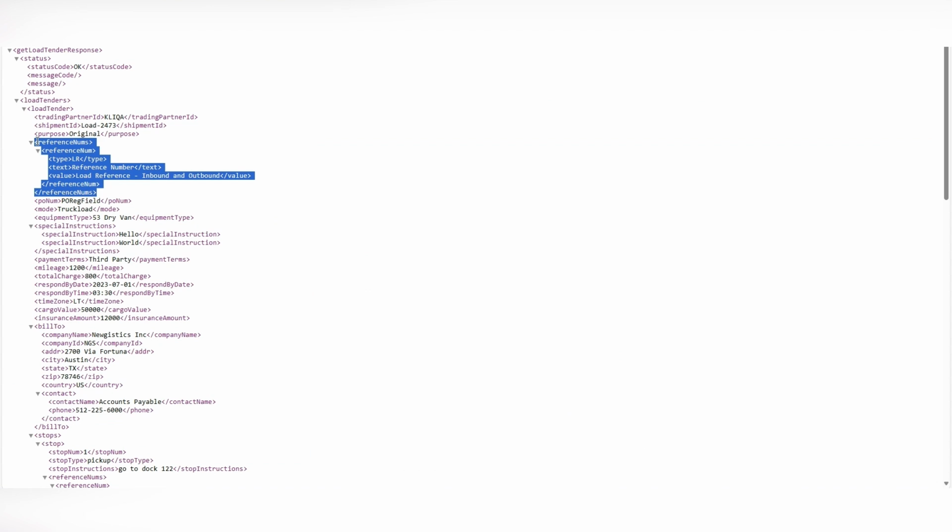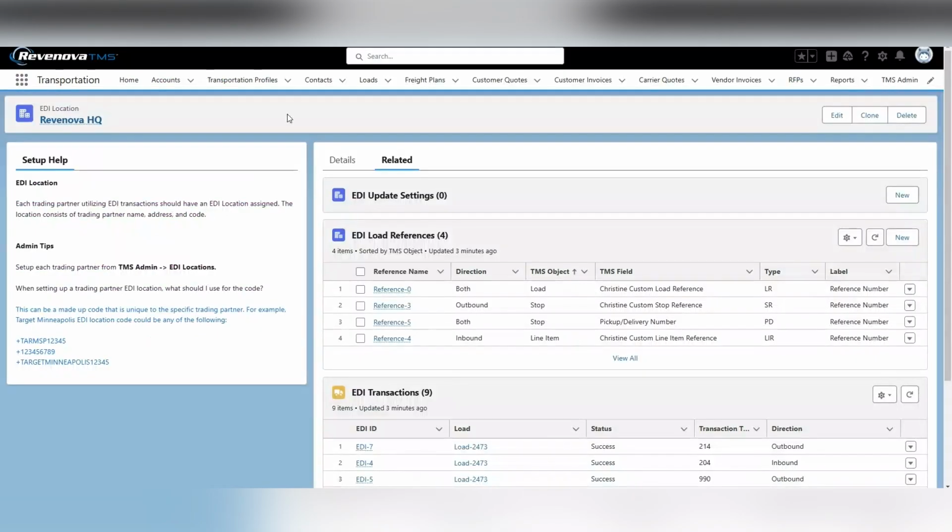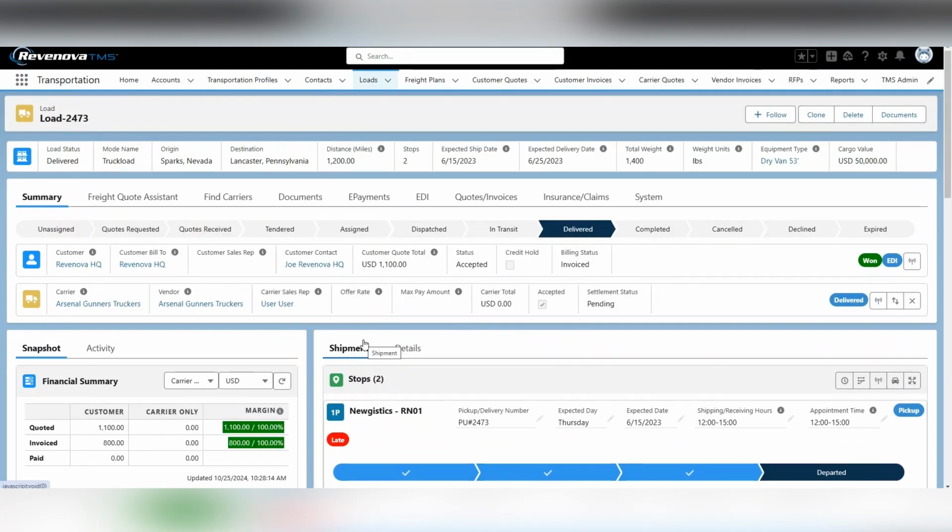So for those of you who are familiar with this, this is the reference section I was referring to. That type here has to match what you've done on the EDI location so that it knows to take this value, load reference inbound and outbound, and place that in Revenova on the field that I've created. So if we now go back to our field in our load, we should expect to see that field